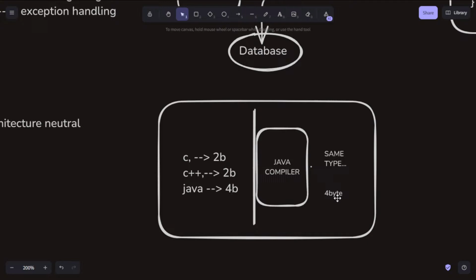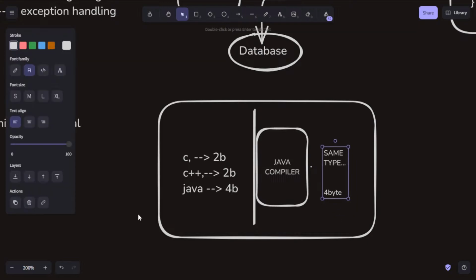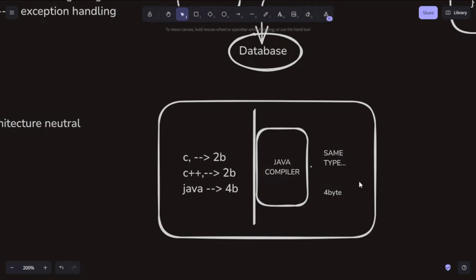Not 2, not 3, no matter what the architecture of other languages follows. After the Java compiler converts it into bytecode, every integer variable is considered 4 bytes.